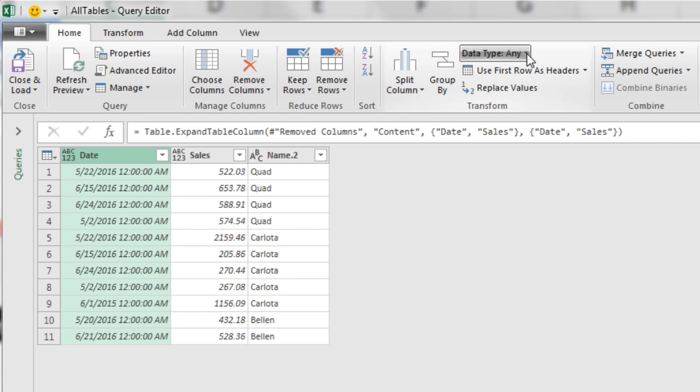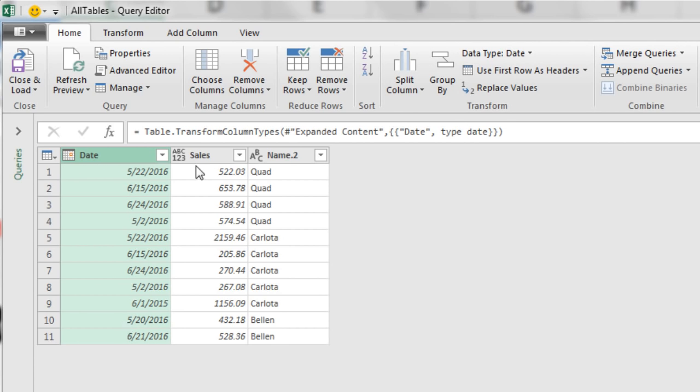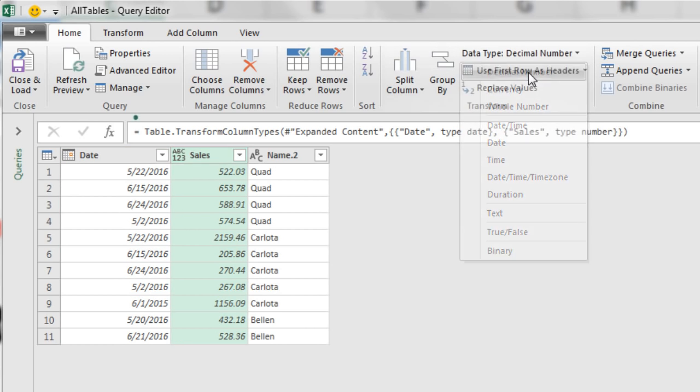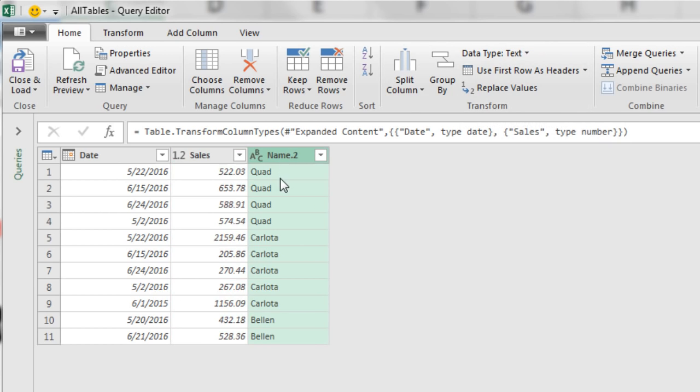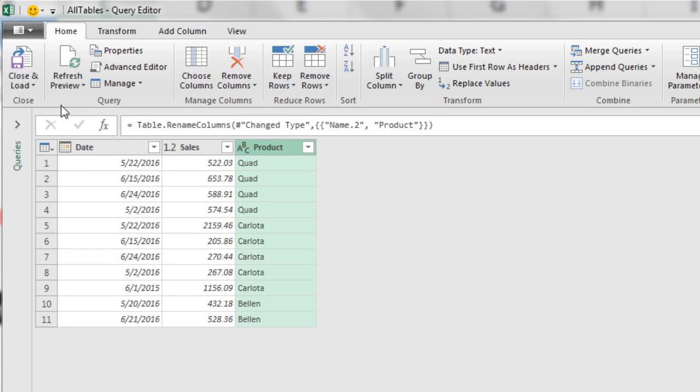I want date. So I come over to Transform Group in Home, drop down for data type, and I'm going to select date. And boom, they're dates. Now I select the sales column, come up, data type decimal. This column already guessed right. It's got A, B, C. Double click to rename this. I want to call this product and enter. There's our query name. There's our steps. We can come up, home ribbon, close and load